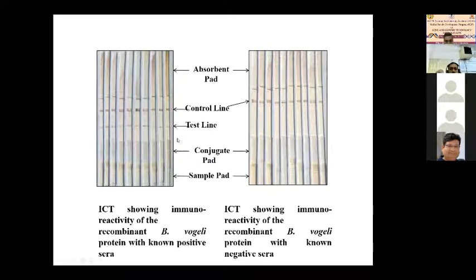When they are fresh, with the water content there, you will see that the nitrocellulose background is very clear. All the background is purely white, and this is the control line appearing strongly, and these are the test lines coming. A negative strip has only the control line, no test line. We have also checked on different organisms besides this Babesia vogeli, so the strips are very specific to this. This is the work that was recently concluded.